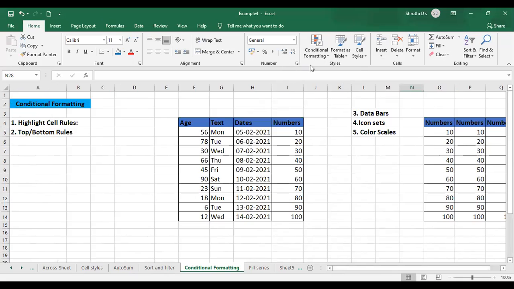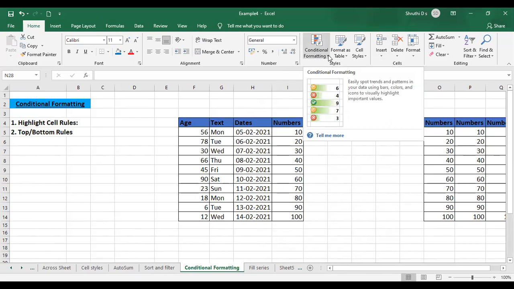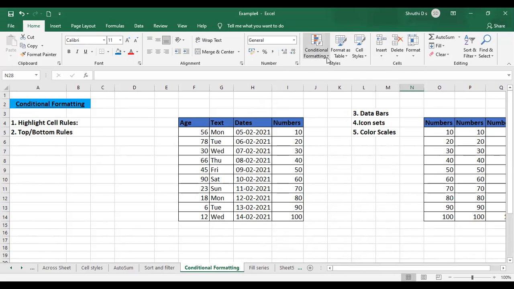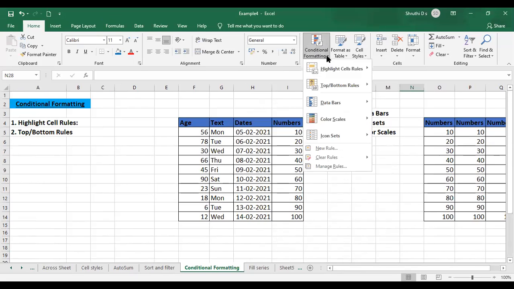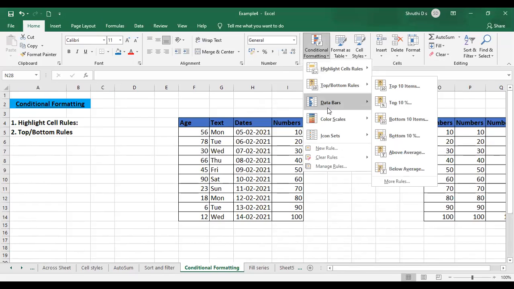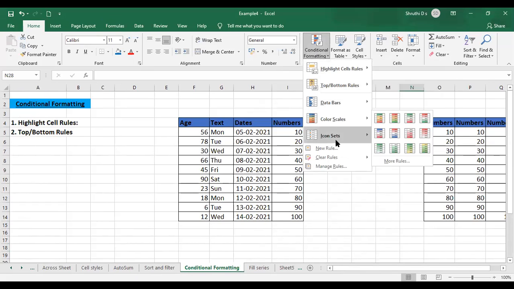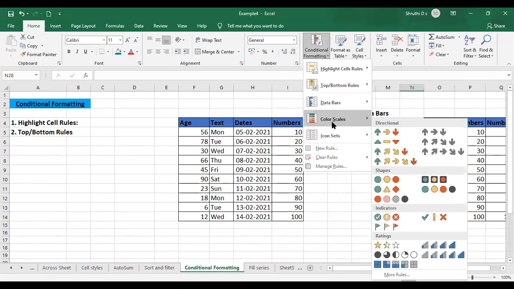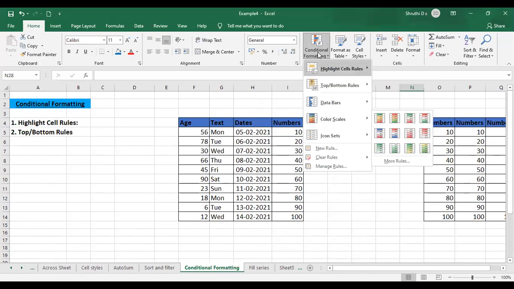As you can see, the styles group on the home tab contains conditional formatting. Once I click on the arrow there, you can see highlight cell rules, top/bottom rules, data bars, color scales, and icon sets. We are going to see all of these, but let us first understand why conditional formatting will be helpful for us.